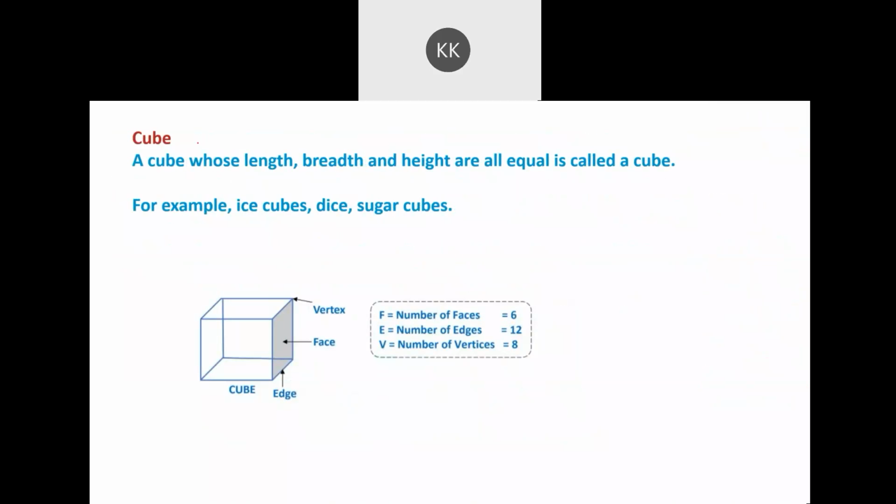When we look at a cube alone, we all know that it will be having equal length, breadth, and height. If I consider the side to be say 5 centimeter in length, it will be having the same height, 5 centimeter, and the same breadth, 5 centimeter. Length into breadth into height will give its volume, and also it gives its dimension. We say that a cube is of 5 centimeter side each.